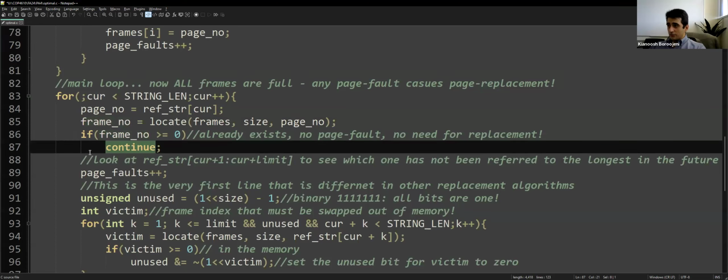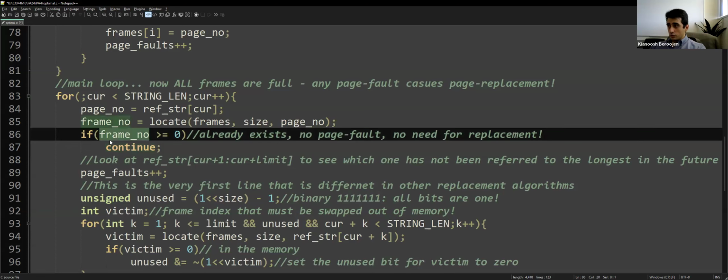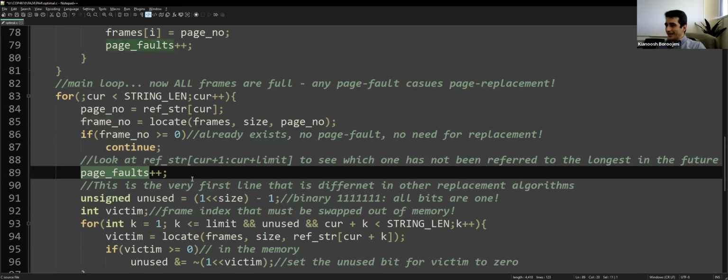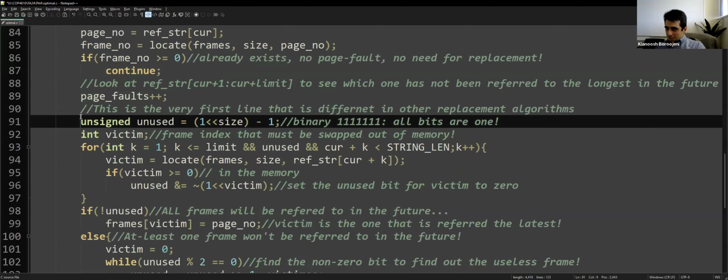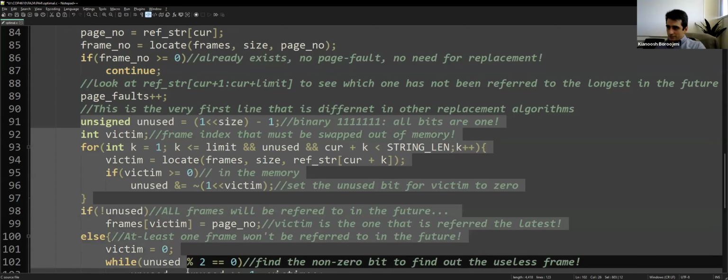But if it creates a page fault, if the frame number is negative, that means you couldn't find it in the frames. That means you're not finding the page number in the memory, not in any of the 7 frames. So you need to increase the page fault count by 1, and then